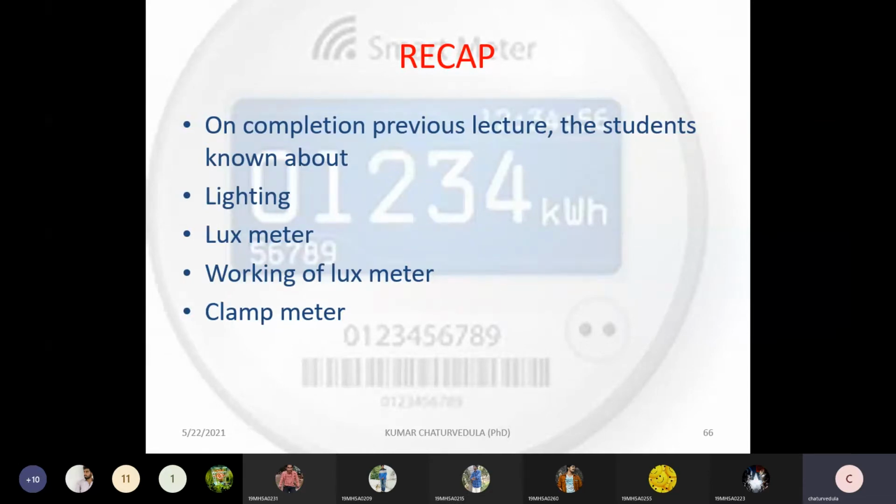Then we have discussed about the clamp meter. A clamp meter is nothing but a tongue tester. Where to use a clamp meter? It is also a type of ammeter, which is used to measure current, but at positions where high values of currents are required. We cannot place an ammeter over there, and instead of using an ammeter, we go with the tongue tester clamp meter. It works on the principle of CT. So this was our last class discussion. Today we will be discussing a new thing.